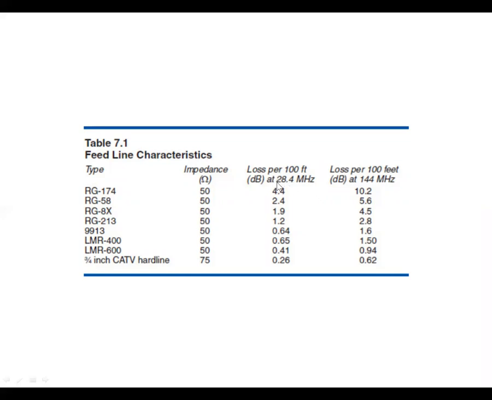This is loss per 100 feet at 28 megahertz, which is the 10-meter band. You can see that the LMR 400s and 600s have quite a bit less loss than these other grades of coax. So if you have a pretty long run, you want to make sure you use as low-loss feed cable as you can afford,